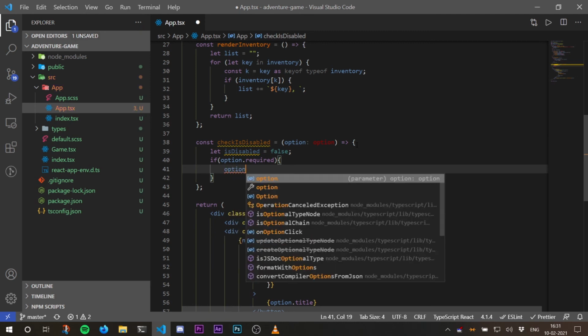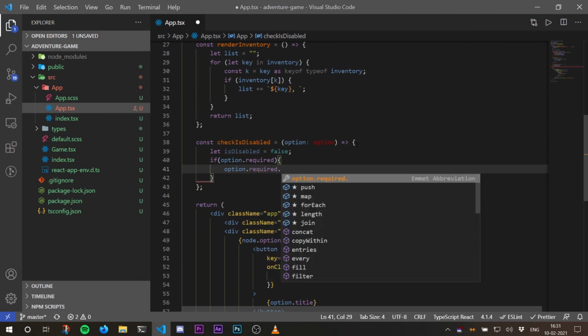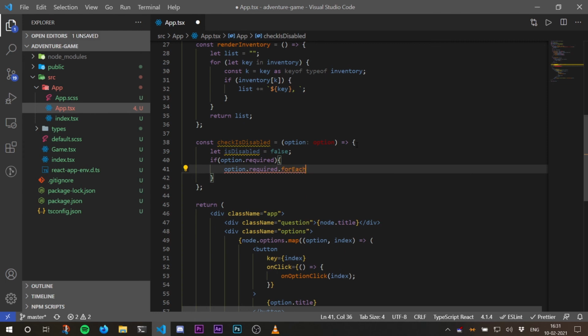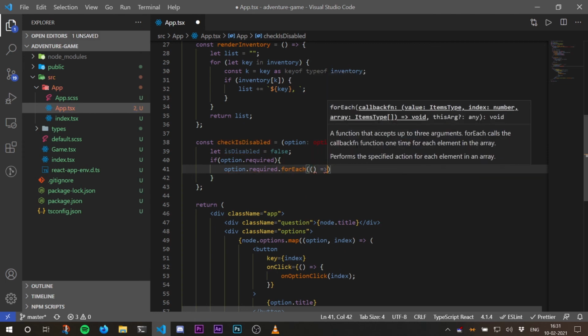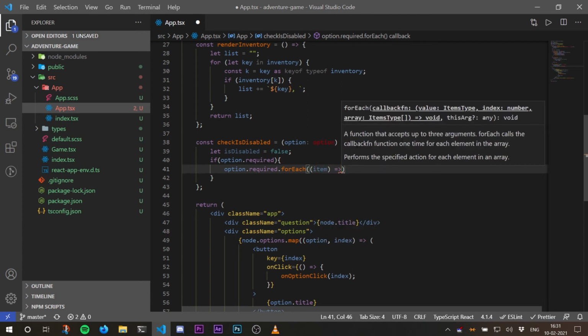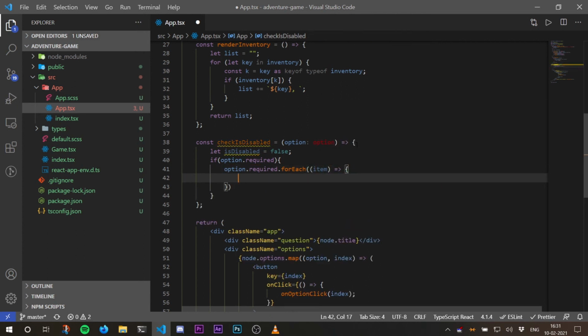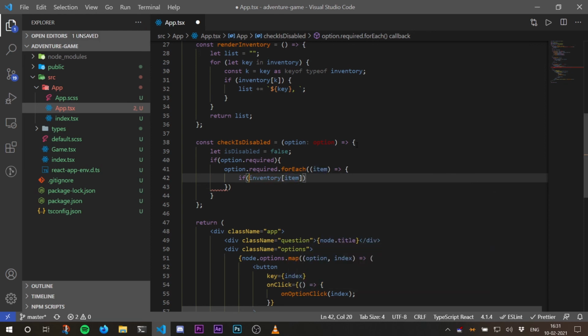To do that, we are going to do option dot required dot for each. We are going to loop through the array with the item, and I'm going to check if inventory, and this should not be null,